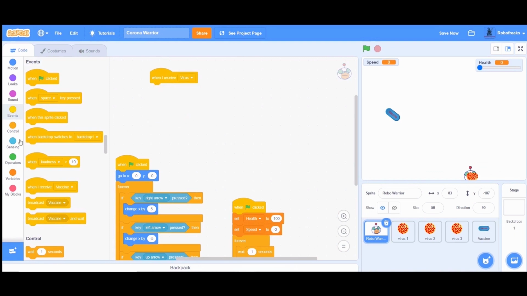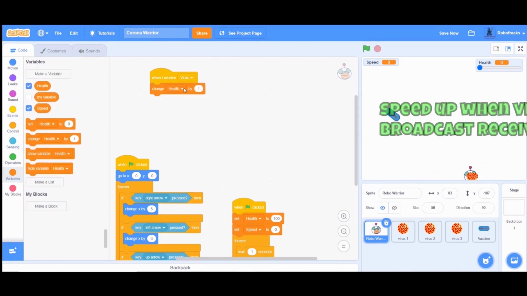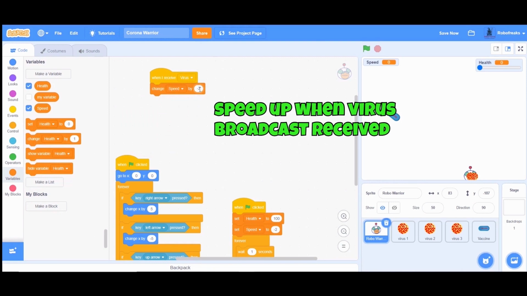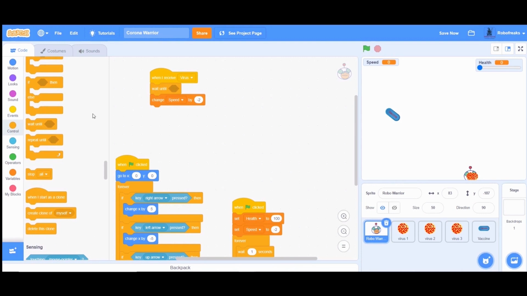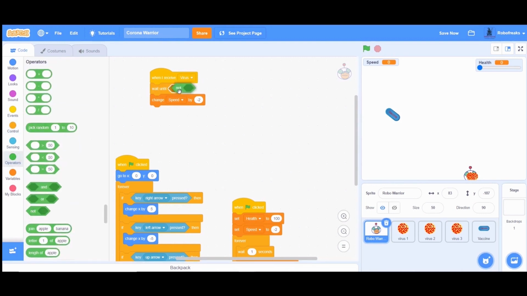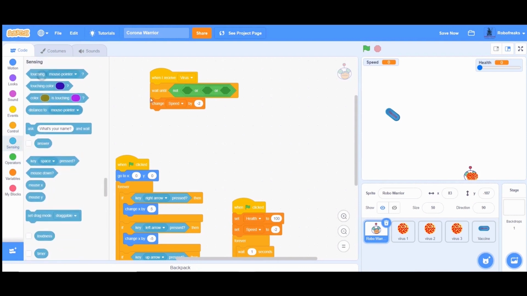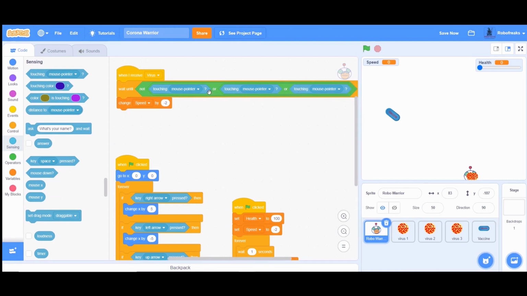Now, when we receive the virus broadcast, I will speed up the infection by 2 more points. I will add a wait block until the warrior moves away from the virus, else the health will become 0 very fast.